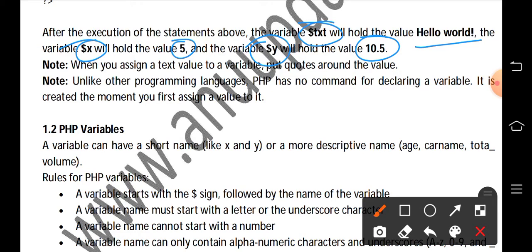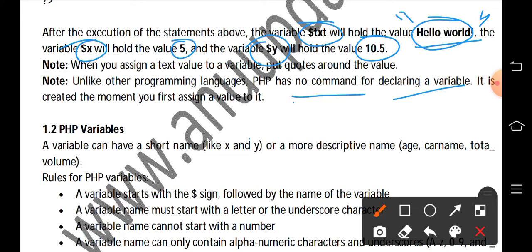And if we declare a variable with a string data type, when we assign a text value to a variable, we have to put double quotes. And unlike other programming languages, PHP has no command for declaring a variable.